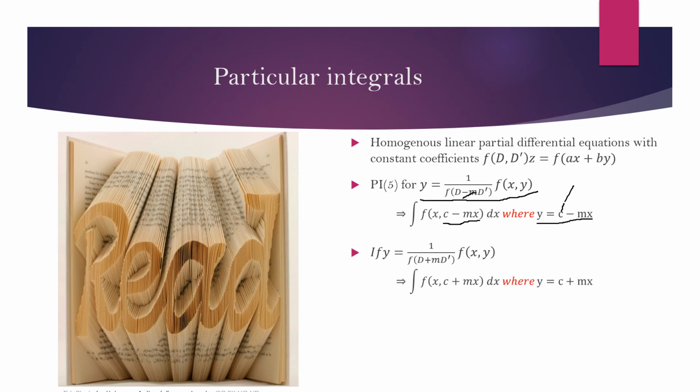Suppose the denominator term is f(D plus mD dash), then y is equal to c plus mx, and y will be replaced by c plus mx. Integrate with respect to x and substitute the value of c. Now the value of c is equal to y minus